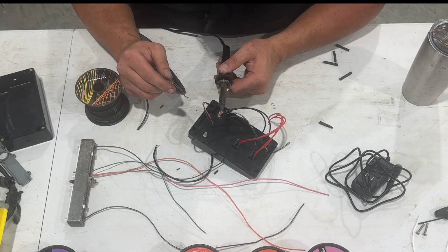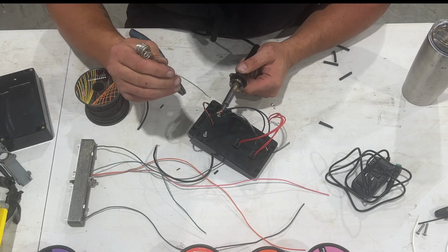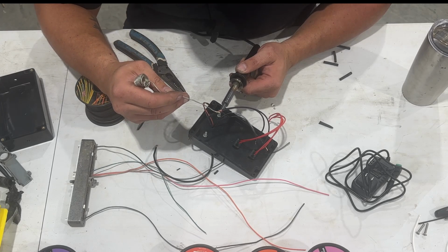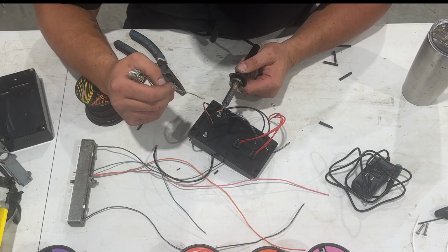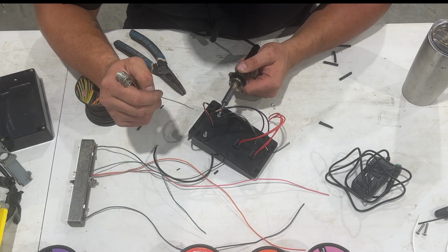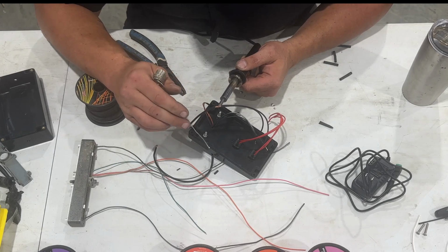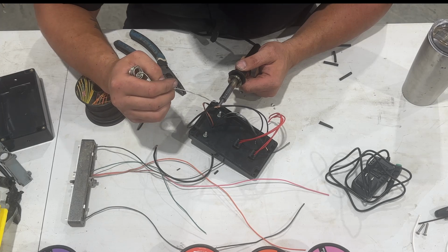So now I'm just going to hold this. I sometimes like to go to an angle and get that copper real hot. And when it is, everything should melt and it should create a good contact. So this part takes a little bit of time and I can't really do much about that. I suppose if you wanted to actually learn how to solder, you could look up a how-to-solder video, but